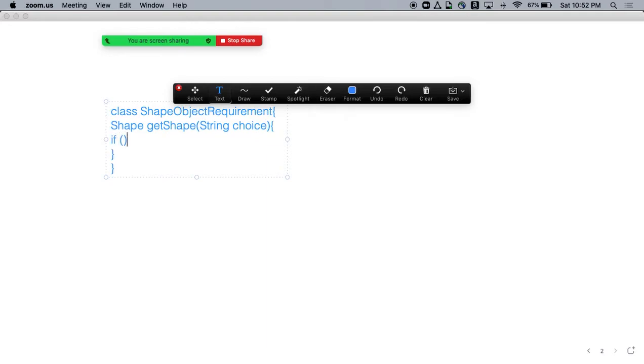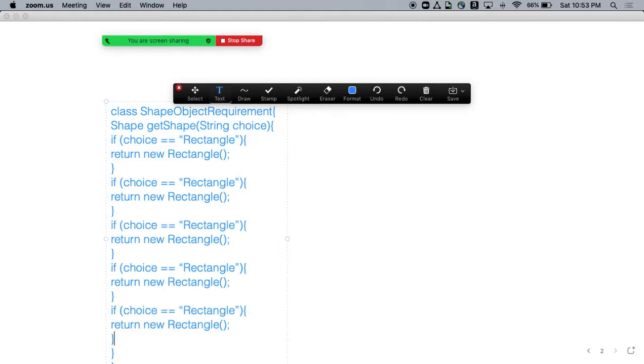So what can happen? Suppose we say, okay, if choice equals circle, then return circle.